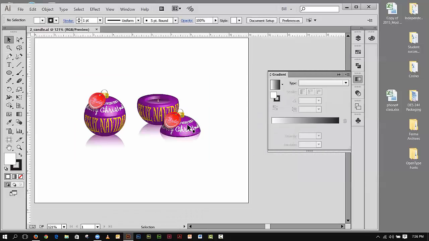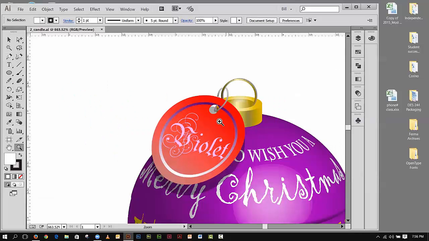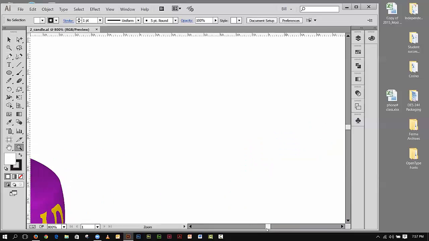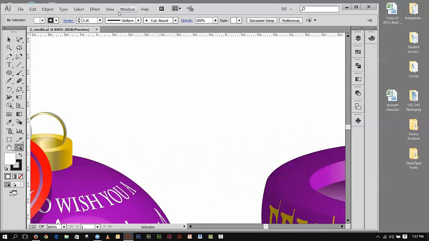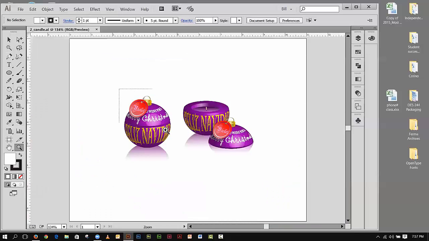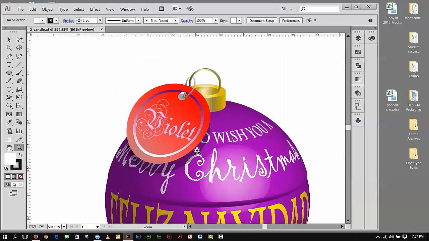All right, so here basically what I did with this, I'll bring it in close and you could see, I actually created that little label, and I actually created that little wire, and I broke the wire apart and made it wrap around my little label. The label is very simple. All the label is really a circle with a gradient line on it, and a little bit of text in this particular case, and it would be a die cut label, slightly gradient on it, and you know, again, it's just another graphic label